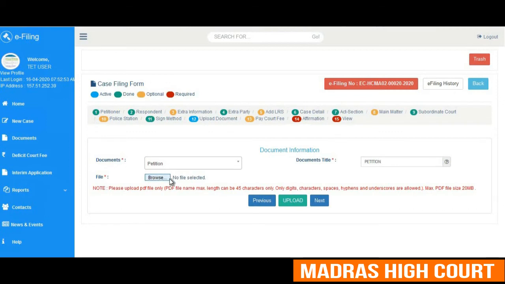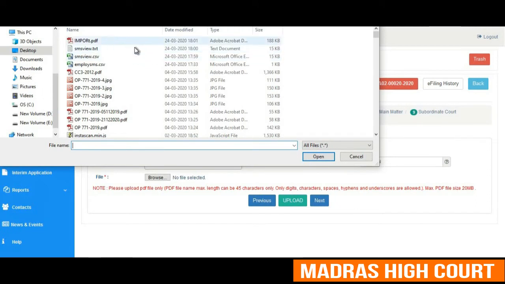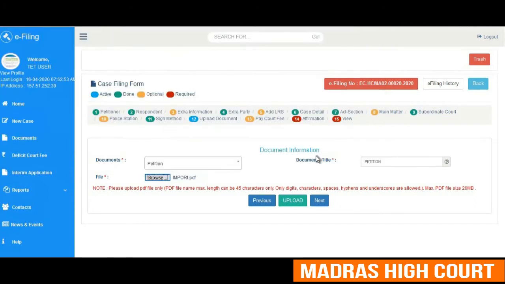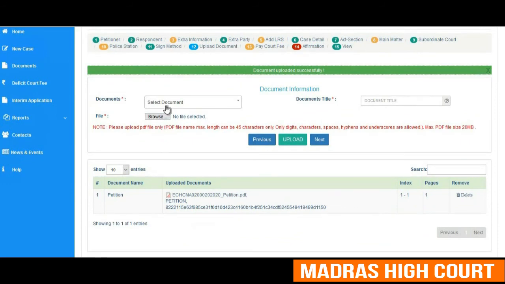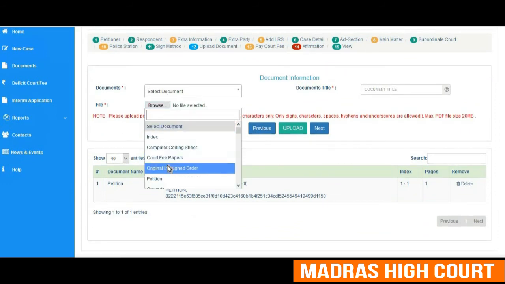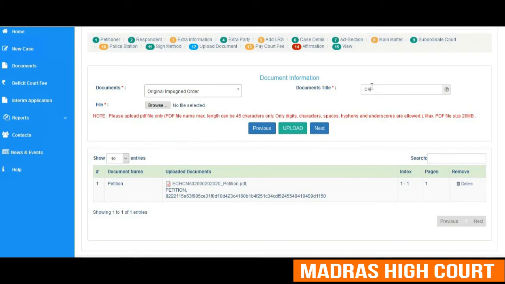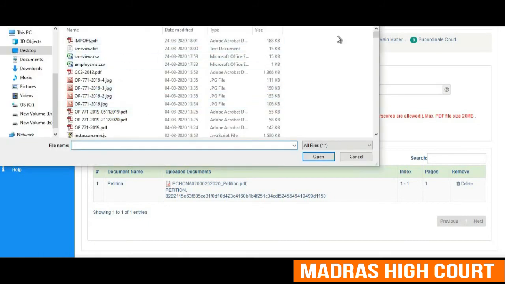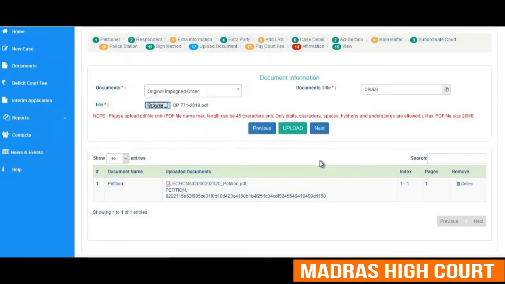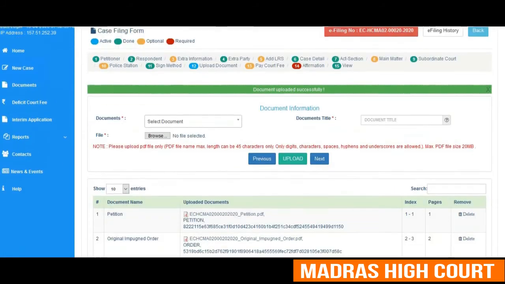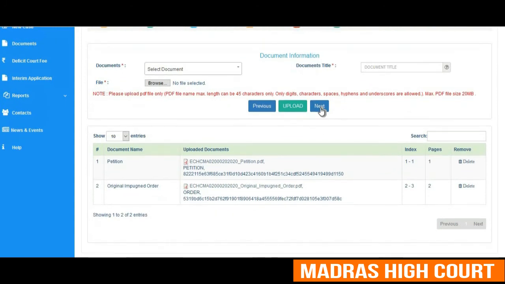Here you can see that the user is browsing his computer to upload a document to support his case. The user is provided with the option to upload the document. One can see that the document has been uploaded successfully. Additional documents could also be uploaded using the SCAN facility. As one can see, the user is uploading another document to support his case. One has to upload it again. We can view the documents which are being uploaded.